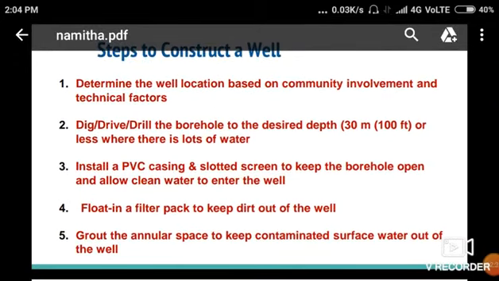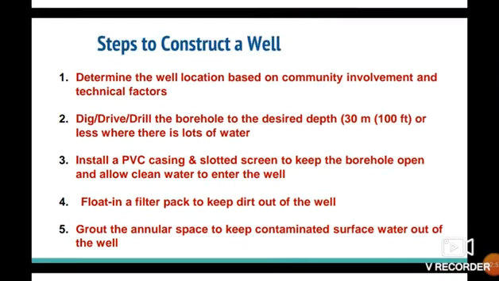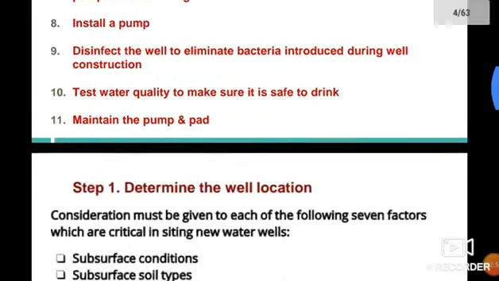So the fifth step is, in this procedure, first we are making a hole and after that we are inserting the casing, right? So there may be some distance between the hole and the casing. It will not fit together. There may be some annular space between that hole and that casing. So we have to fill that with cement grouting. That is the fifth step. We have to grout that hole.